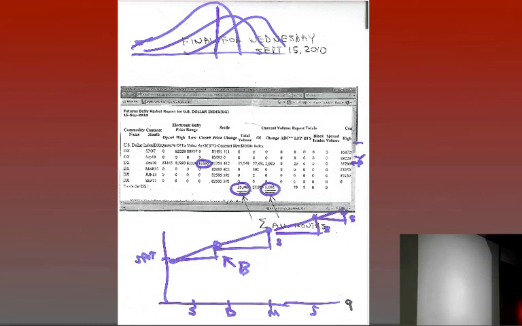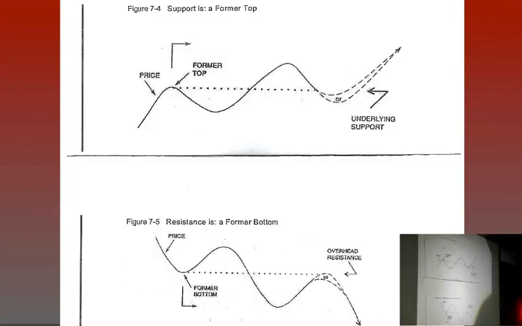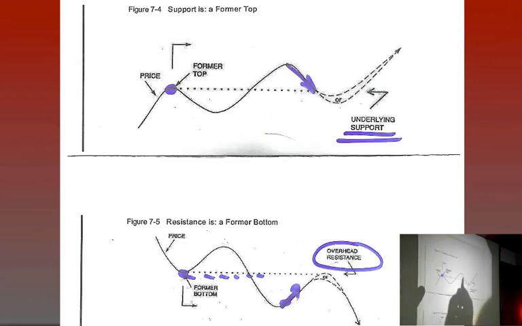Okay. Then what I want to do, before I look at the hourly chart, is spend 2 minutes looking at support and resistance, and then we'll look at the hourly chart, because this is fun. I think I put this in your slides. To find support on a chart, you go down and look back to the left until you bump up against a former price high. This is the definition of support. To find overhead resistance on the chart, let's say you're in here someplace and the market's rallying, you look back and to the left and up until you bump up against a former price low. These are the most classic definitions of support and resistance.